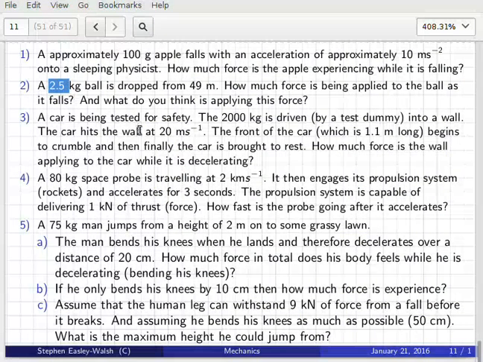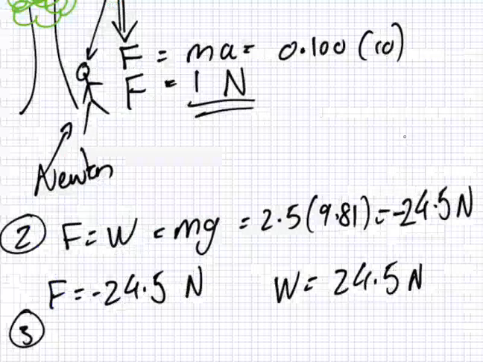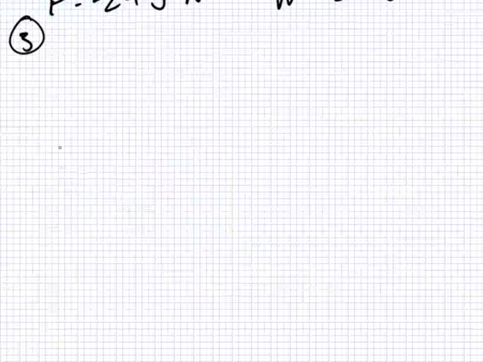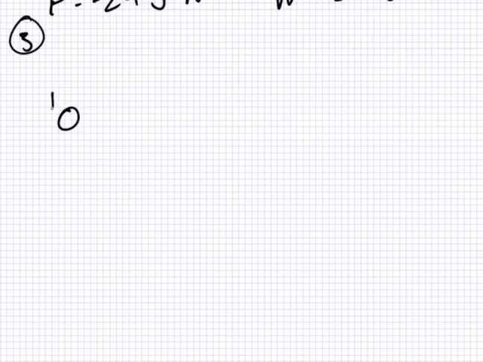A car is being tested for safety. The 2,000 kilograms of car is driven by a test dummy. The car hits the wall at 20 meters per second. The front of the car, which is 1.1 meters long, begins to crumple, and then finally the car is brought to rest. Okay, so what's happening here is you have your car,